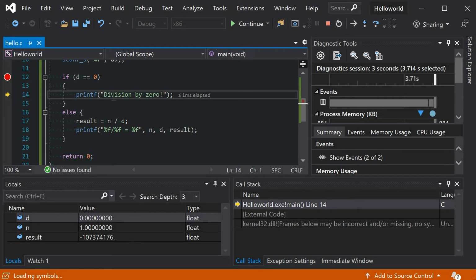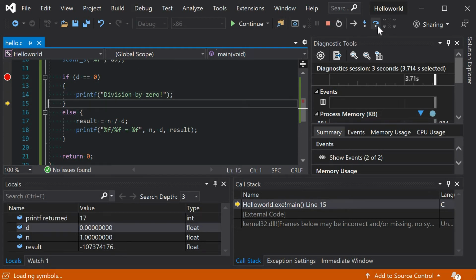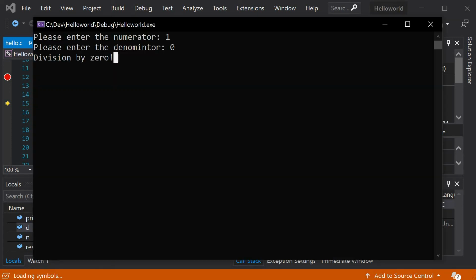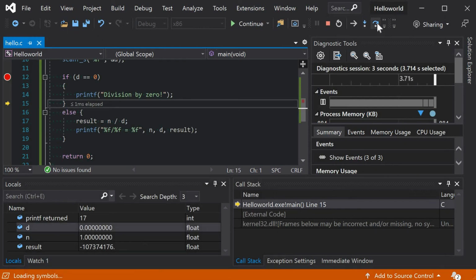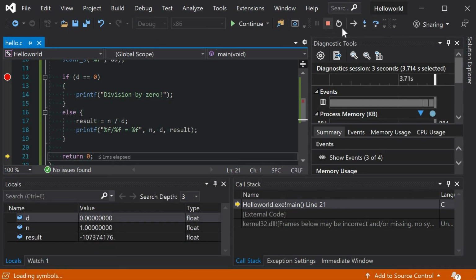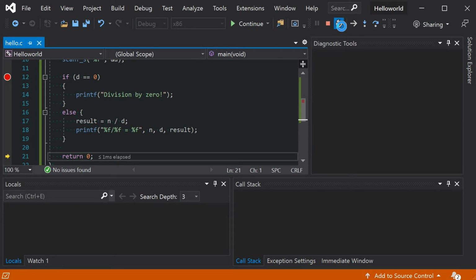So I'm here at printf function. If I step over this printf, the printf statement should be printed on the screen, which is division by 0. And if I step over that, we'll go into the end of the code. Let's restart the code, and this time